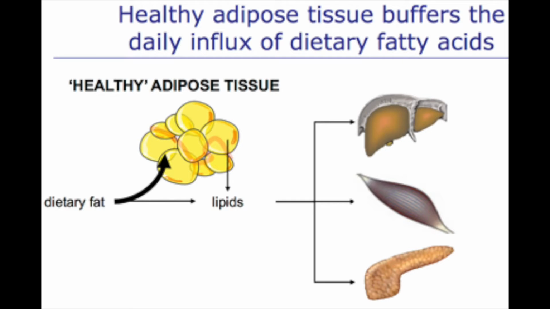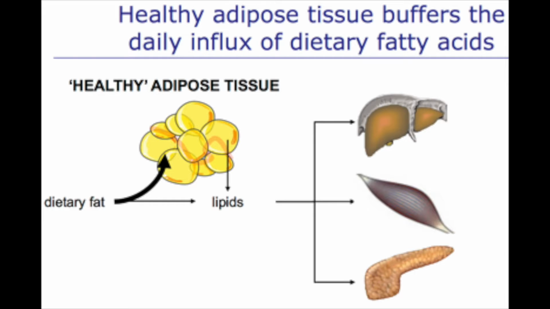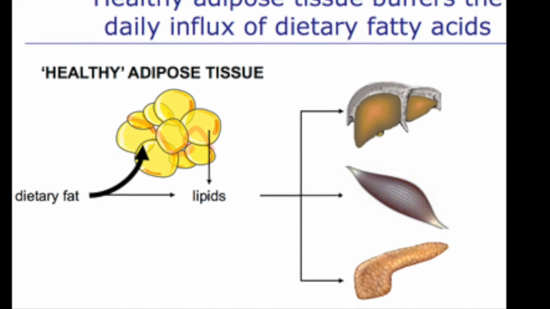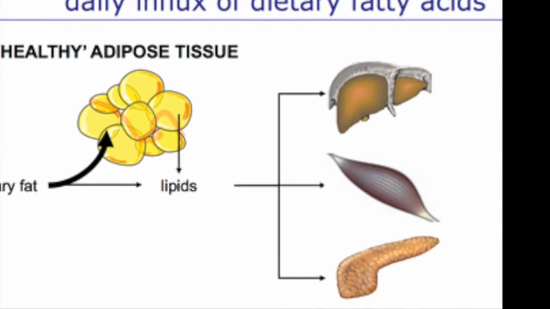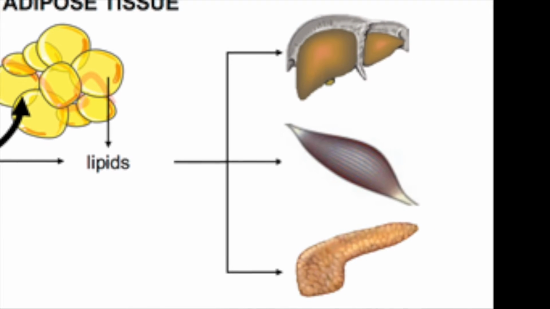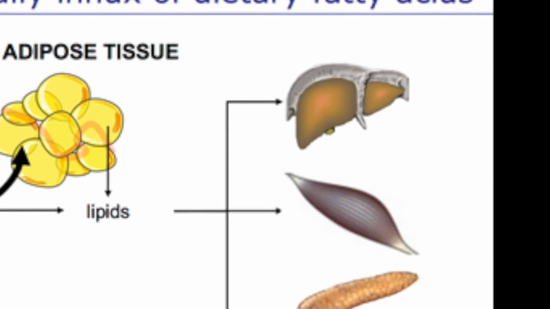Ectopic fat accumulation is the storage of fat in non-adipose tissue sites, and this will cause lipotoxicity, which is a possible explanation for insulin resistance. The liver, pancreas, and muscle are all insulin-sensitive tissues that are used for ectopic fat storage and may cause insulin resistance. For example, ectopic fat storage in the pancreas will impair the beta cell function, and this will lead to less secretion of insulin. And in the muscle, ectopic fat storage will impair the insulin signaling.